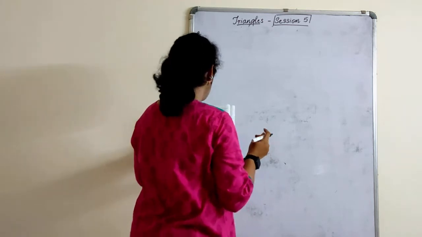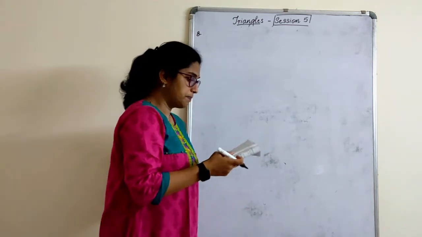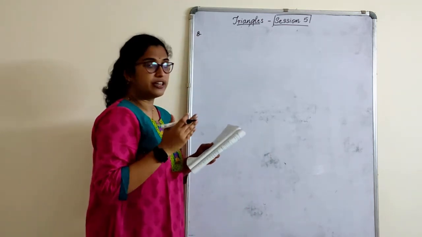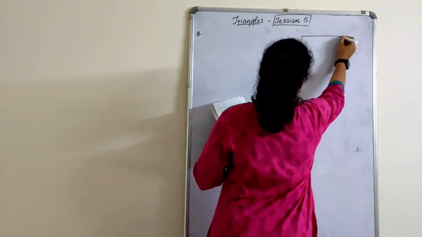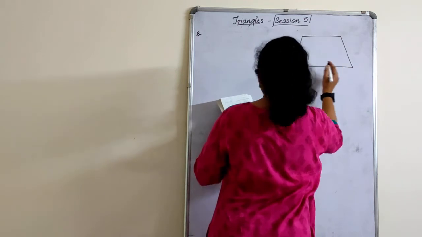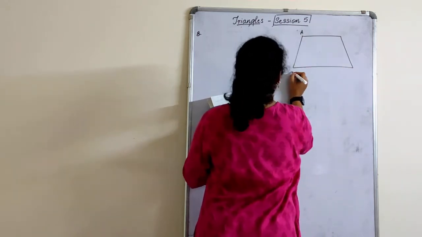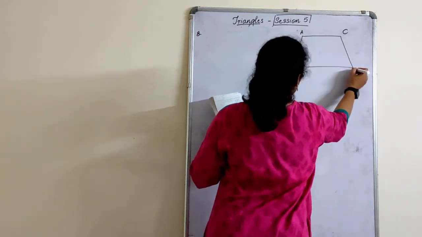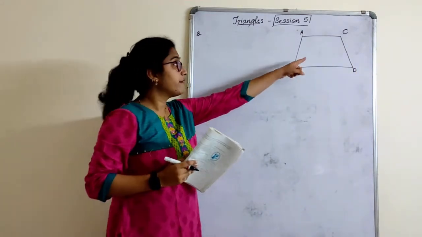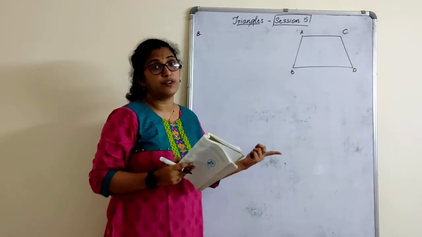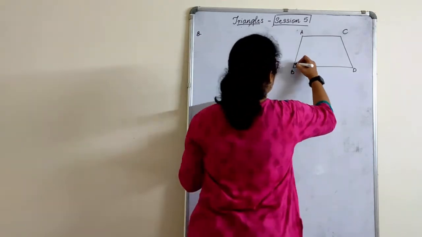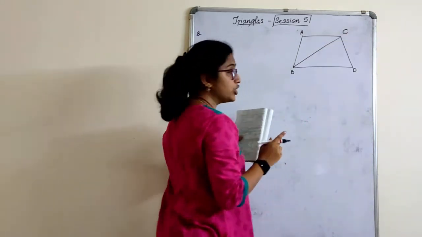ABCD. They have actually not given whether it is a trapezium or what. It is just given in the figure. The diagram is given here. And if you look at this diagram, children, look at the vertices and how they have named them: A, B, C and D. Usually we do not name it like this. This is not cyclic. But since they have given it, we have to accept it and go accordingly. We can't change anything.